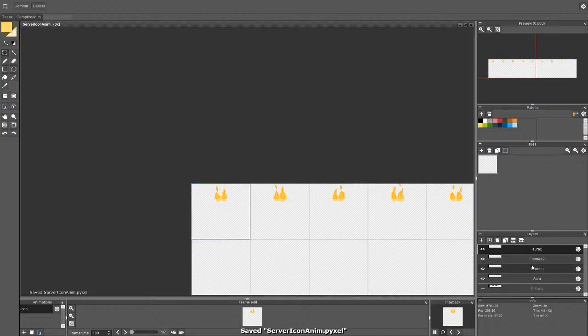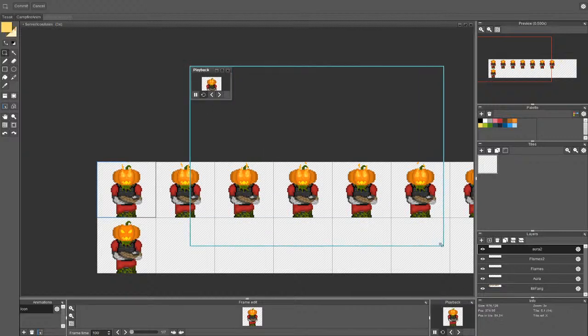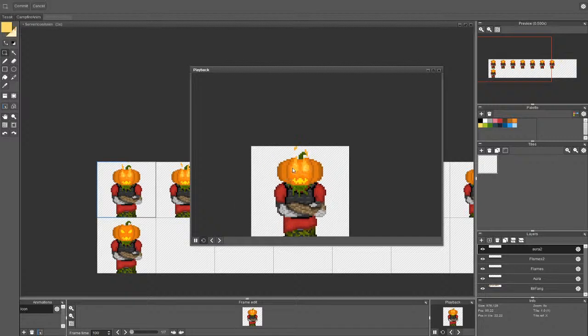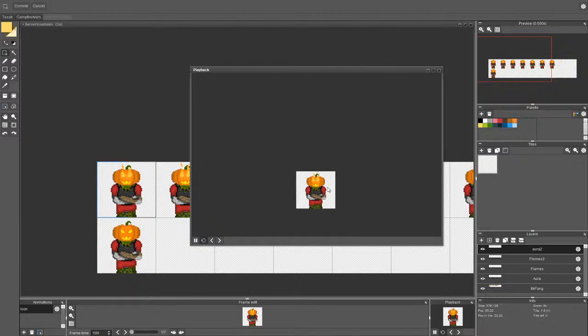Okay, now let me quickly set this to 50, the other for 50 as well. 50 and 50. Enable Mr. Fang, and let's see the animation. I think it's decent, especially when it's zoomed out. I think on Discord it will be like this, approximately. So I'm pretty much happy with this.